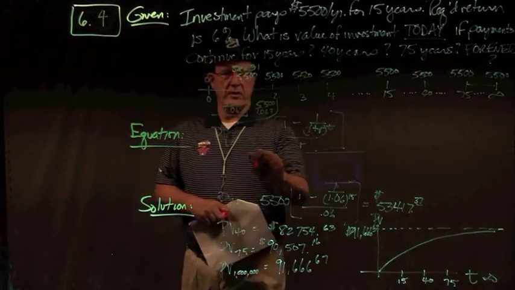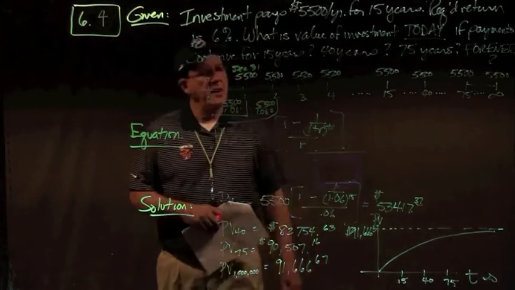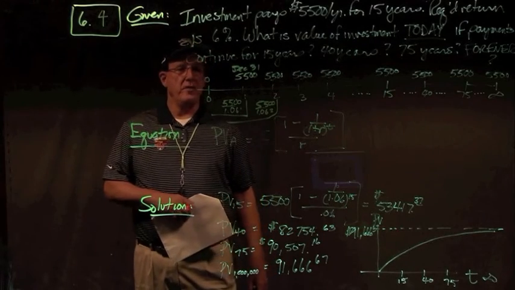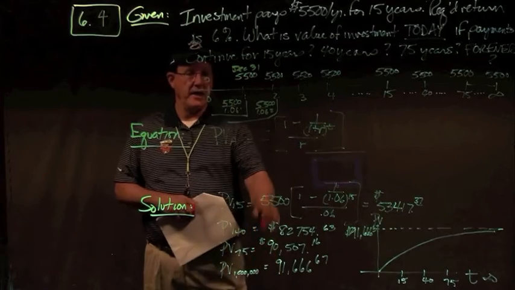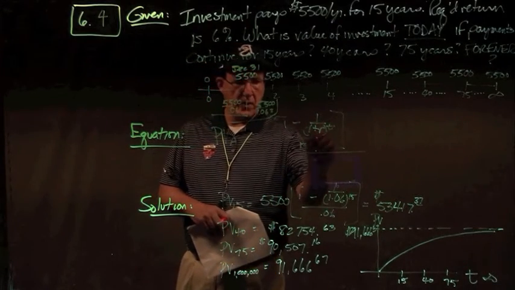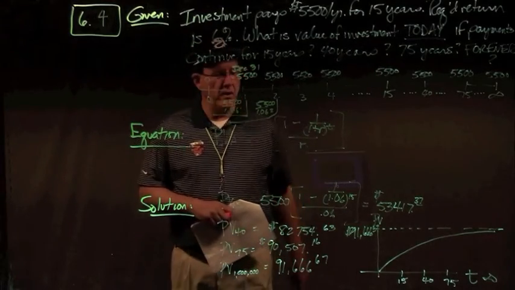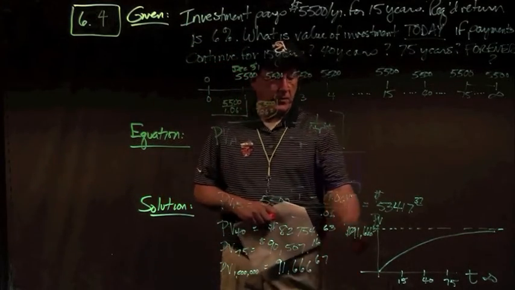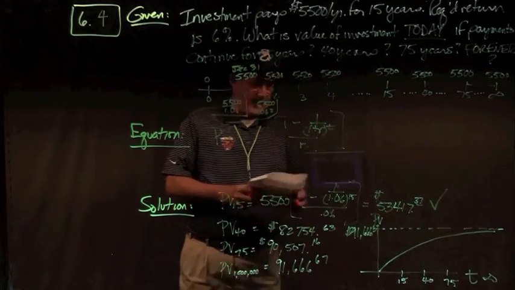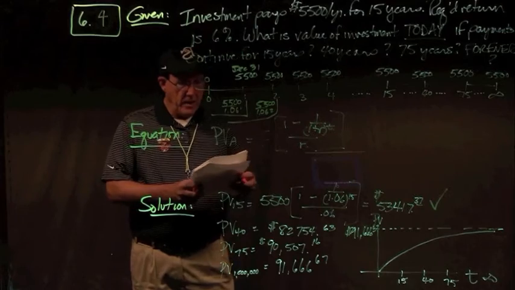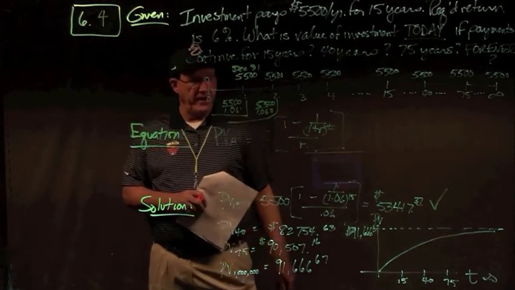So I'm going to use the present value annuity formula, C times 1 minus 1 over 1 plus R to the T, all that over R. So for the present value of these cash flows for 15 years, I take C of 5,500, R of 0.06, and T of 15. 5,500 times 1 minus 1 over 1.06 to the 15 over 0.06, and I get a present value today of 53,417.37. At 40 years, if these 5,500s continue on for 40 years, the present value of those cash flows is